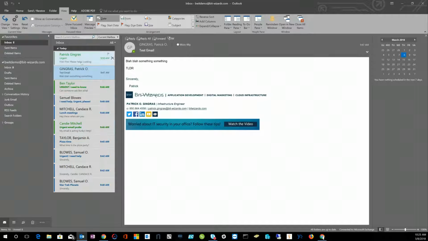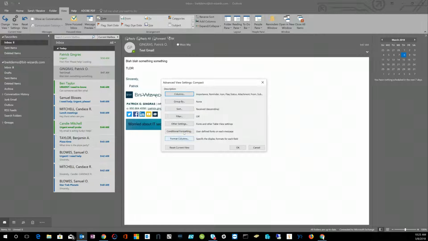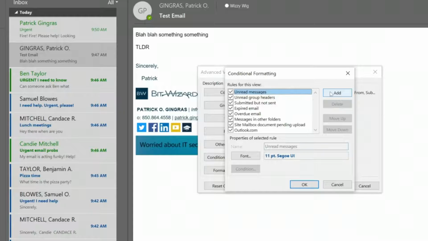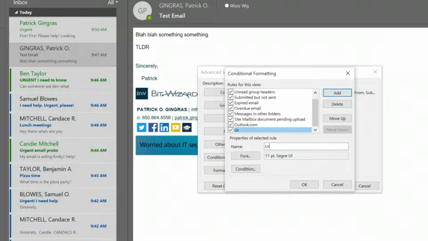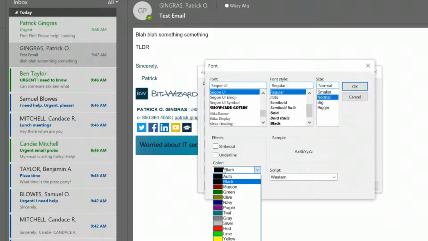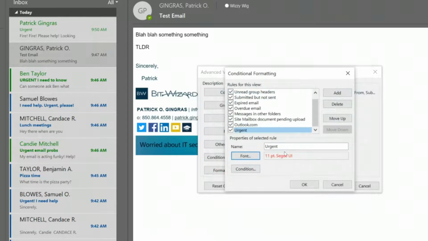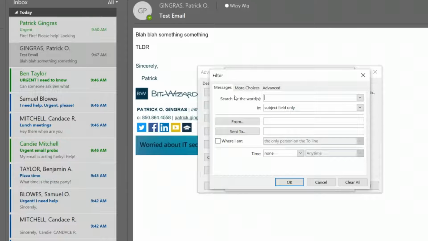Another good example of that is not just who it's from, but I can also look for something in the subject. So I'm going to add one more conditional format, and I'm going to call it urgent. That way, if someone has an urgent issue, I want it to show up red. So I'm going to put red as my color scheme here. And then finally my condition is going to be, I'm going to search for the word urgent in the subject